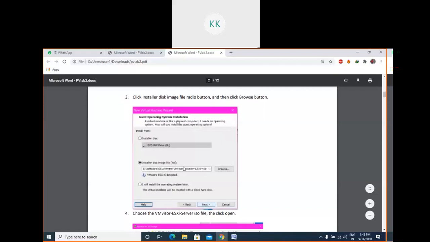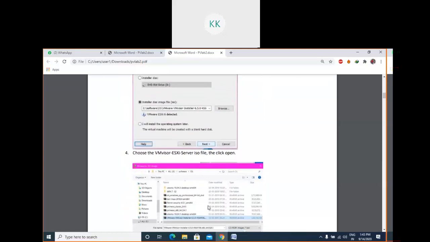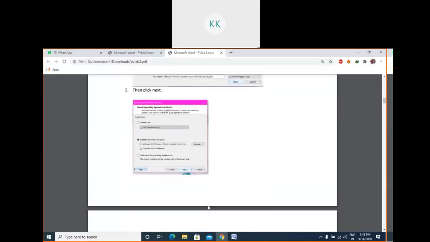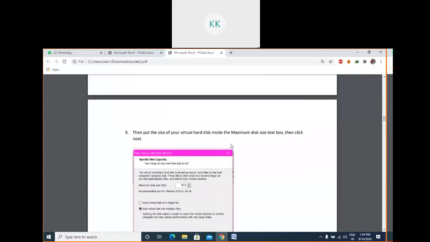The ISO file you download will be located somewhere, right? You have to put it there, then go on next. Just go on clicking. From this point onward, you have to follow only the on-screen instructions. Whatever is displayed and written there, you follow it, and automatically everything will be done.